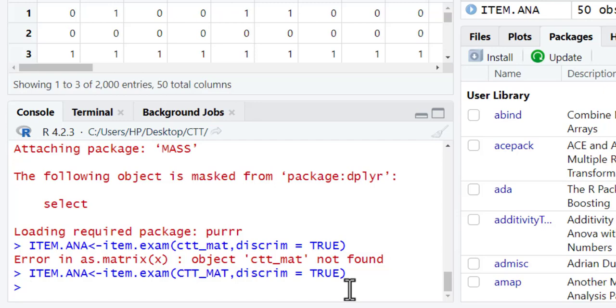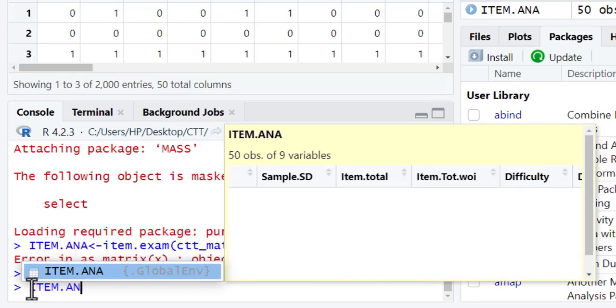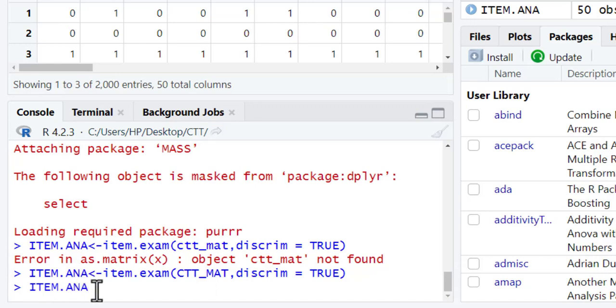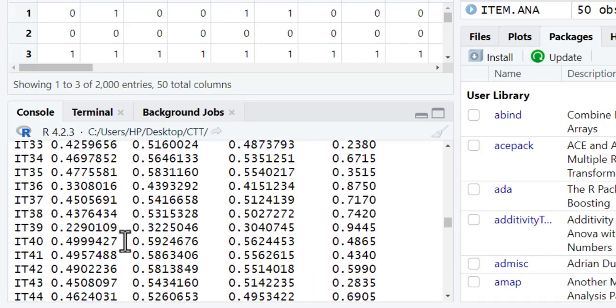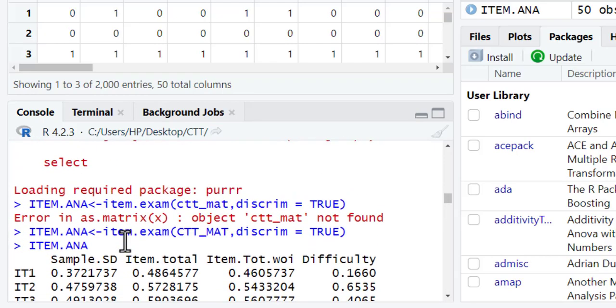So I want to view the output of my analysis. How do you do that? Just type the name of your analysis. The name we gave to this analysis is item.ana. So I'll just type here item.ana. It will suggest it for me. I click on it and I press enter. So you can see this is my item